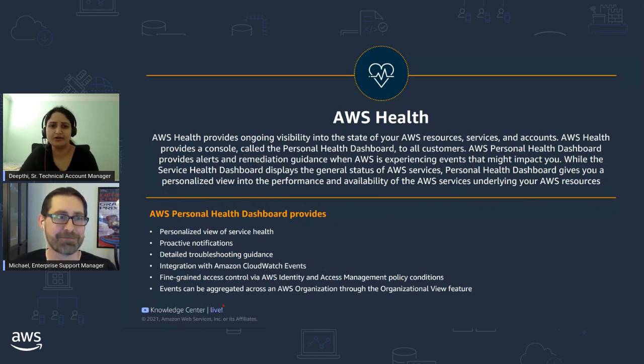The flow of these few slides would be to introduce you to the combination of these two services, which is collectively known as AWS Health, and also to show you how to leverage AWS Organizations with AWS Health. For those of you who are new to AWS Organizations, I'll also walk you through a quick refresher of the service, followed by a demo of an application called AWS Health Aware.